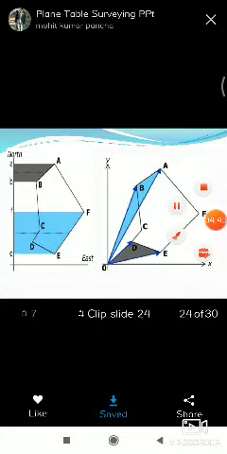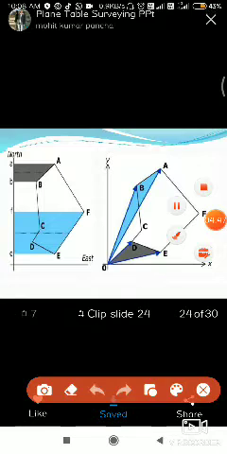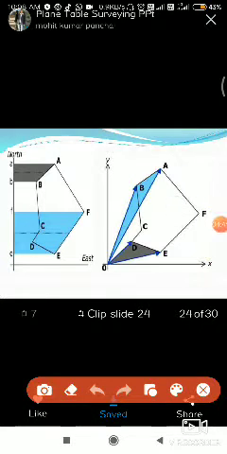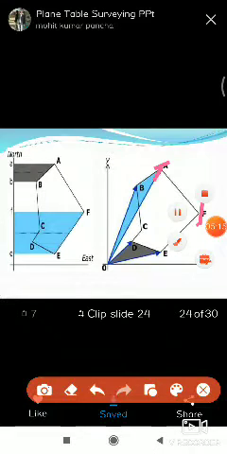It means, suppose at the first station we select point A, and we perform the traversing with the help of plane table survey up to station F. From station F, we bisect the point A and draw the ray FA. After measuring the distance FA, we mark the point A.